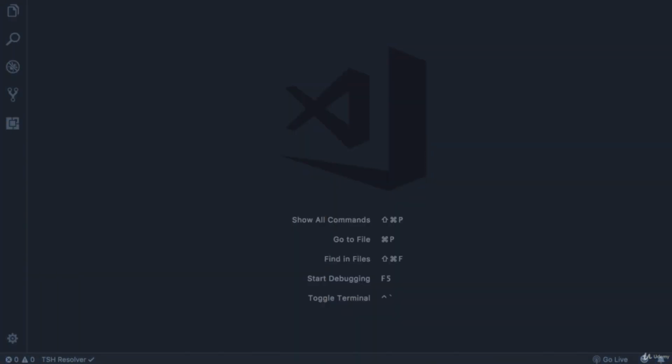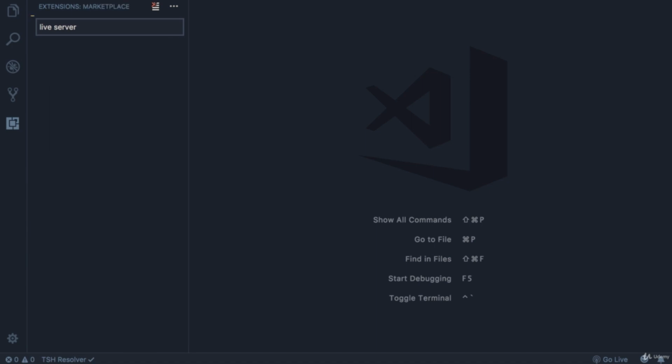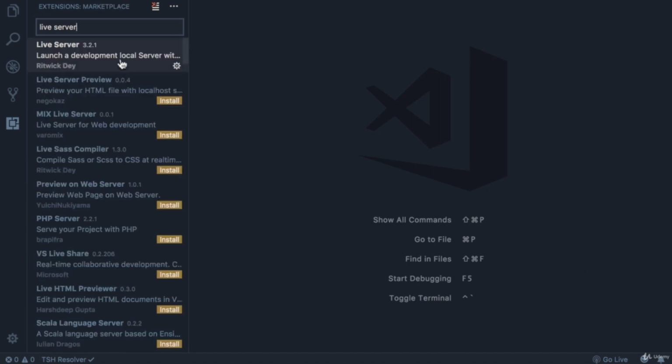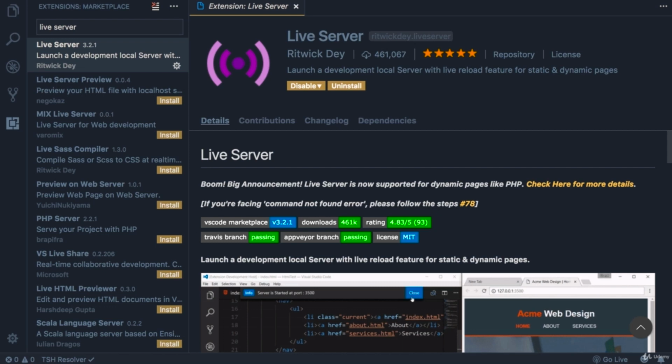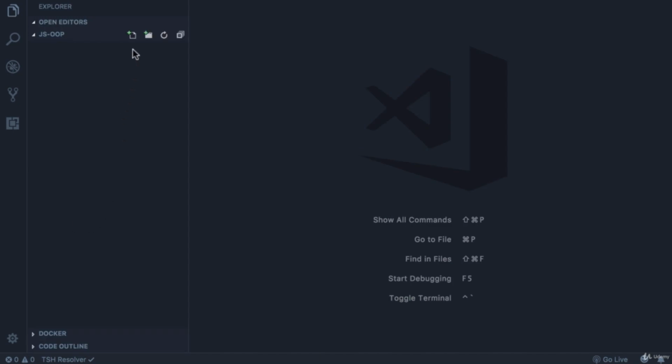To go through this course, all you need is a code editor and a simple web server. The editor that I'm going to use here is Visual Studio Code or VS Code that you can download from code.visualstudio.com. But feel free to use any editors. Now, with VS Code, we have this extensions panel here. Search for Live Server. This is a very simple and lightweight server that we're going to use to serve our application. So install this, and then here in the Files panel, let's add a new file,